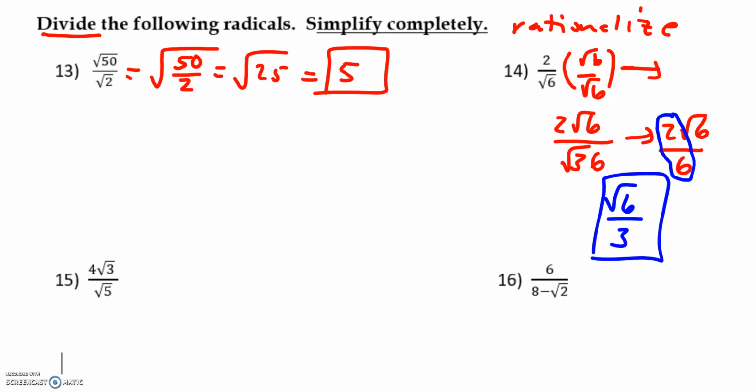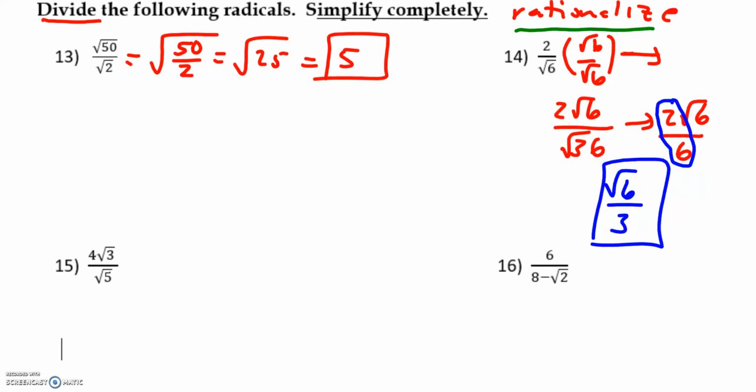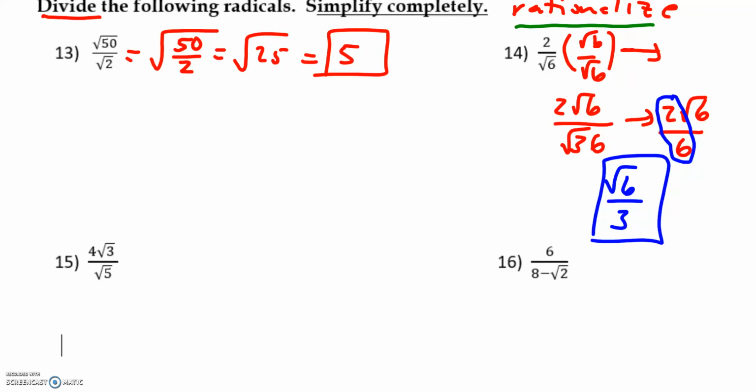We just ended with number 14, where we ended up rationalizing, meaning multiplying top and bottom by root 6. The reason we did that is because if we multiply top and bottom by root 6, we're multiplying by 1, so we're just changing what the problem looks like, not the meaning of the problem. Also, if you multiply a radical times itself, it generally becomes a perfect square in the denominator. So the radicals disappear, which is the point of rationalizing, because we want the radicals to disappear out of the